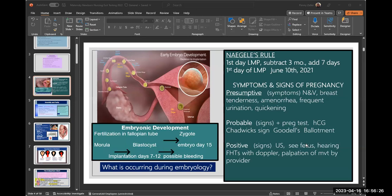And at that point, it's still considered a blastocyst. And usually by day 15, it's defined as an embryo. Implantation takes about a week to 12 days for that fertilized egg, zygote, to make its way down into the uterine wall. So embryo then is starting day 15 through